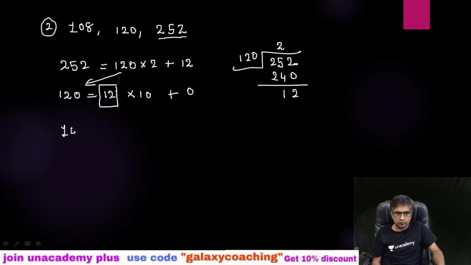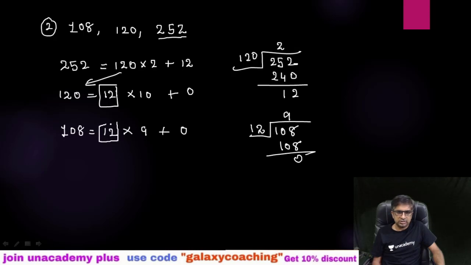So now we are going to divide 108 by 12. Let us see what will happen. 108 by 12. So directly 12 nines are 108 and the remainder is 0. So whatever you are getting here, if further division is possible, you have to further divide, and whatever term will come when you are getting remainder 0, that will be your HCF. So here also we are getting 12. So the HCF is 12, guys.